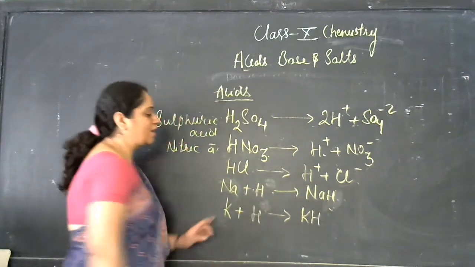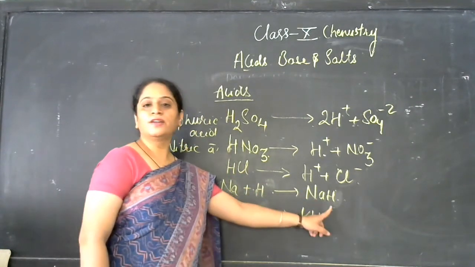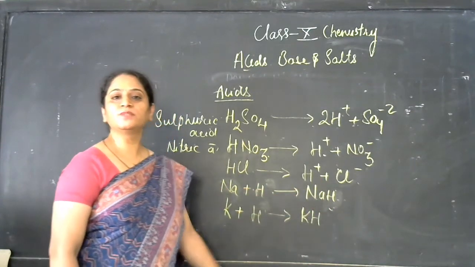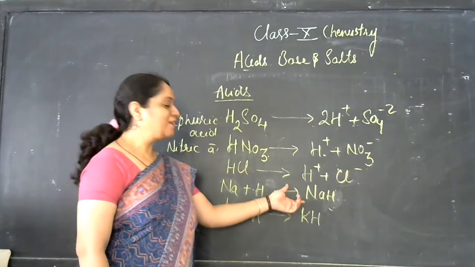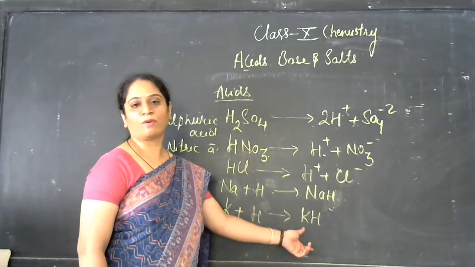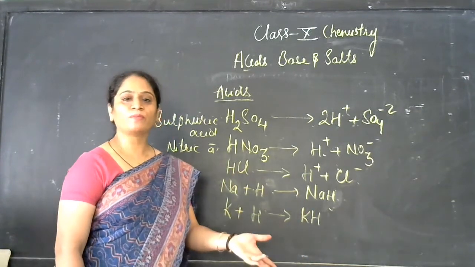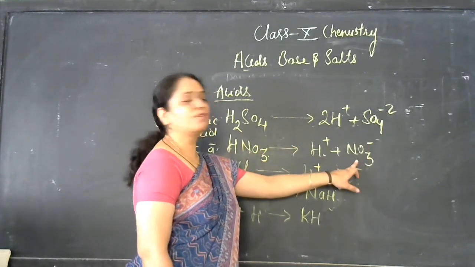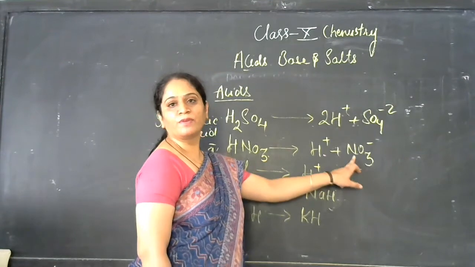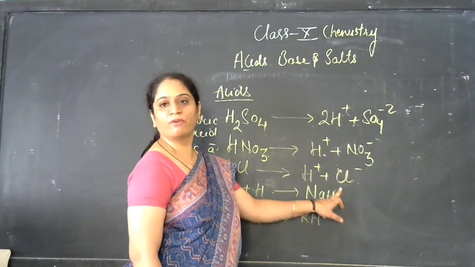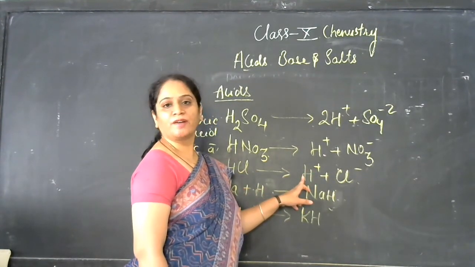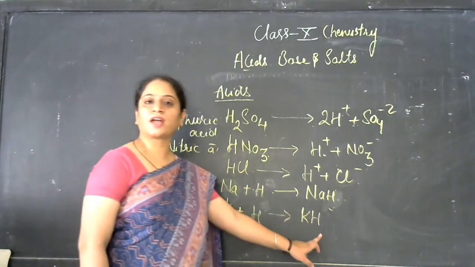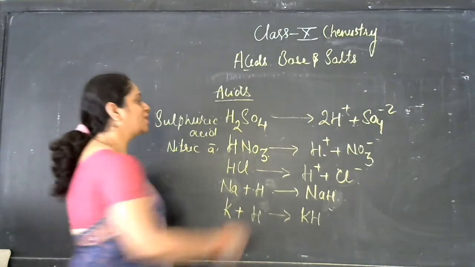So we can say they can easily react with metals and corrode the metal, because they convert these metals into their hydroxide form, or sulfate form. It may be converted into its sulfide form, its nitride form, its chloride form, or its hydride form. If I take alkali metals, they get converted into their hydride form.